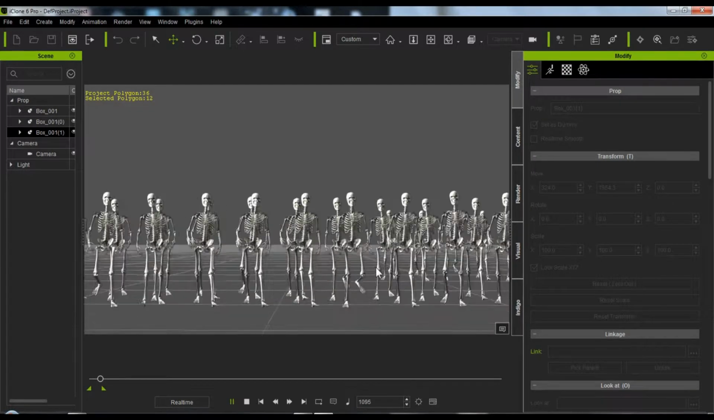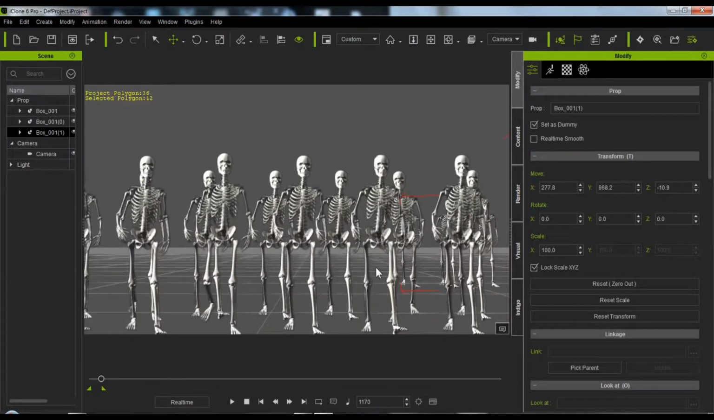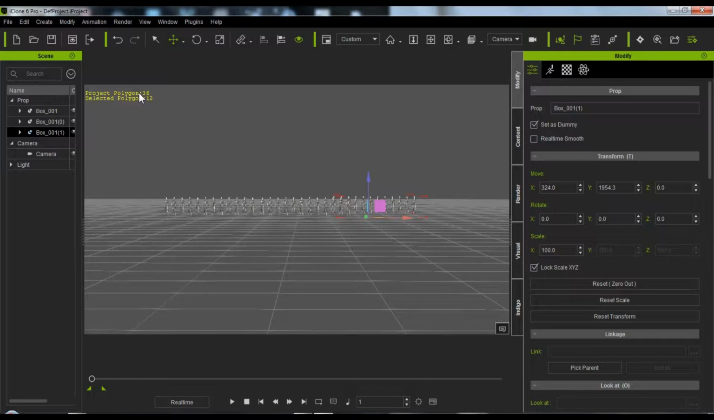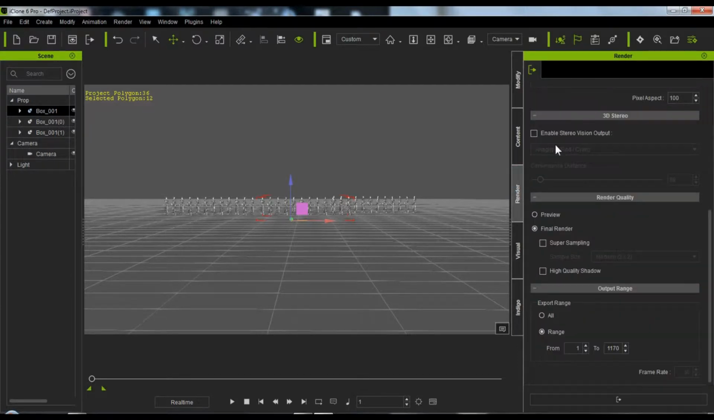You get a full sequence of army skeletons walking towards you with, in the scene, 36 polygons. Selected polygon is 12. So it's 12, 12, 12. 12 times 3, 36. Total of 36 polygons in this scene for a marching army of 1. And that's it. That's all you have to do, and then you can render it out, of course, as a continuous sequence,